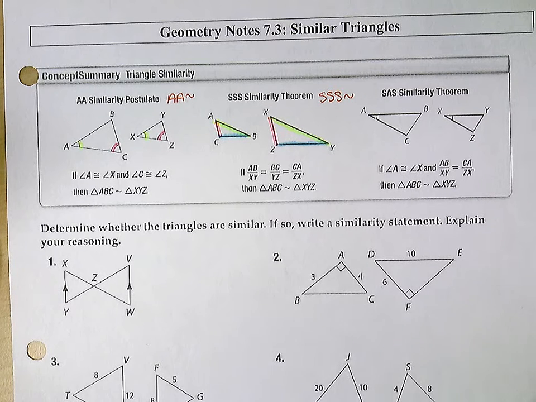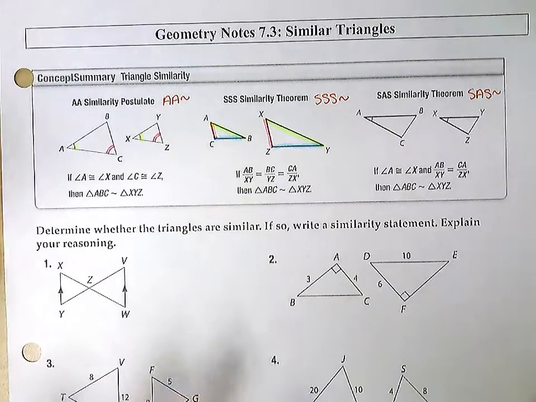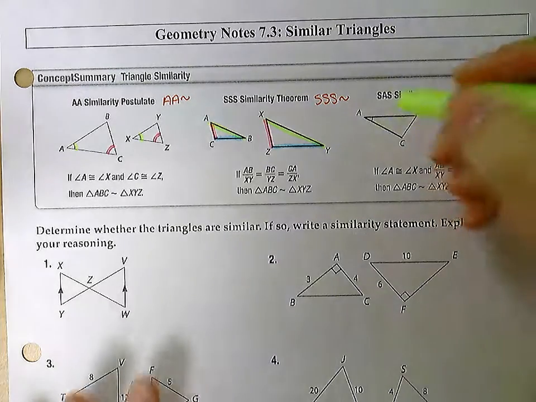Okay, the last one we have is side-angle-side similarity. So this one you need an included angle, just like we did when we used side-angle-side in congruent triangles. That angle has to be included between your 2 similar sides. So here I have angle A